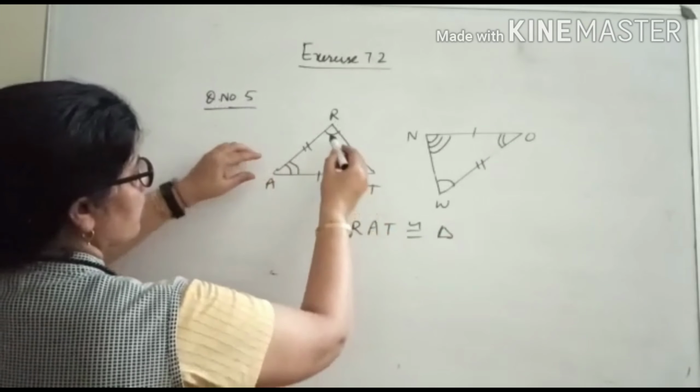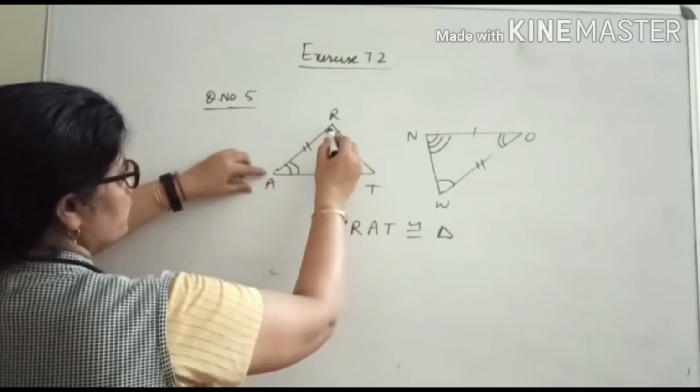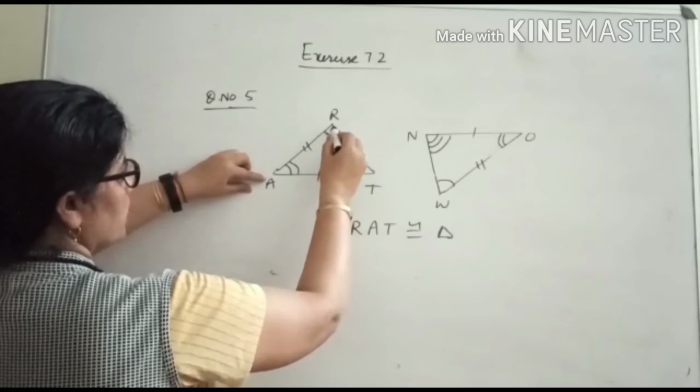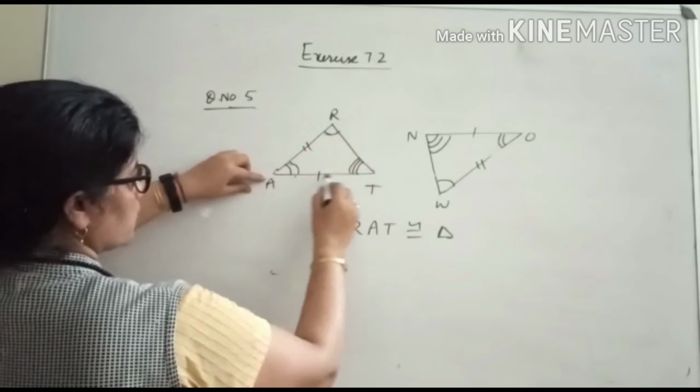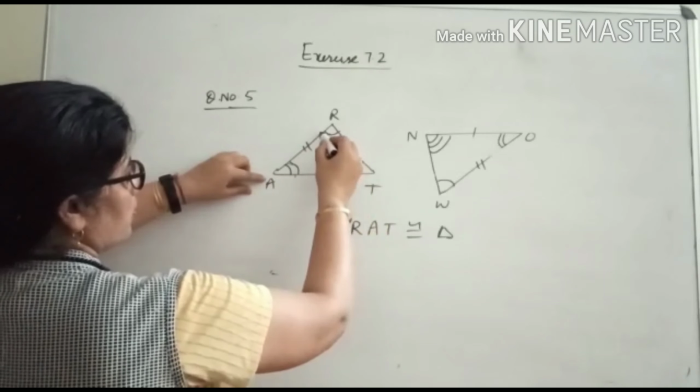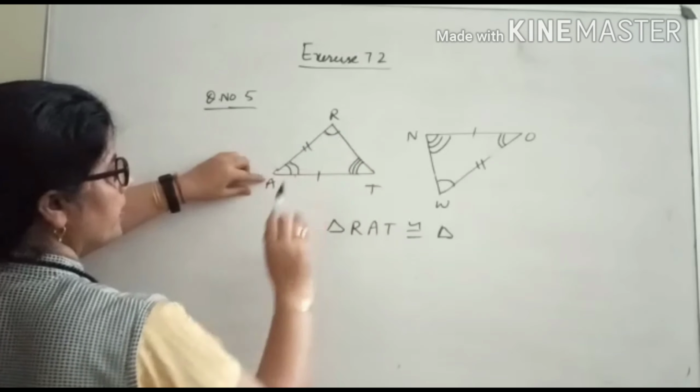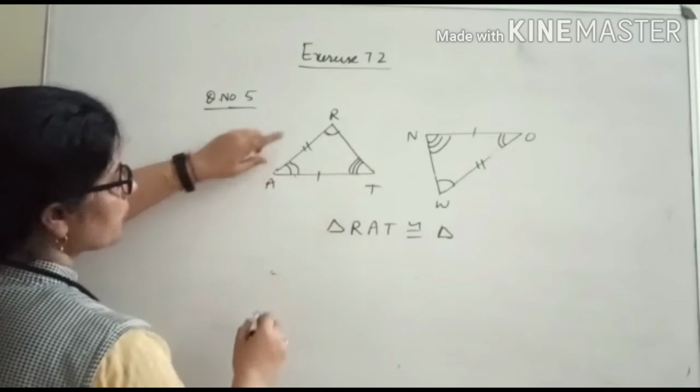Here so many things are given, you can take any one. We will take angle, side, or you can take angle, side, angle, it is up to you. What is the order here? These triangles are congruent, it is given to us. He is only asking, saying that in the given figure two triangles are congruent, and corresponding parts are marked also.